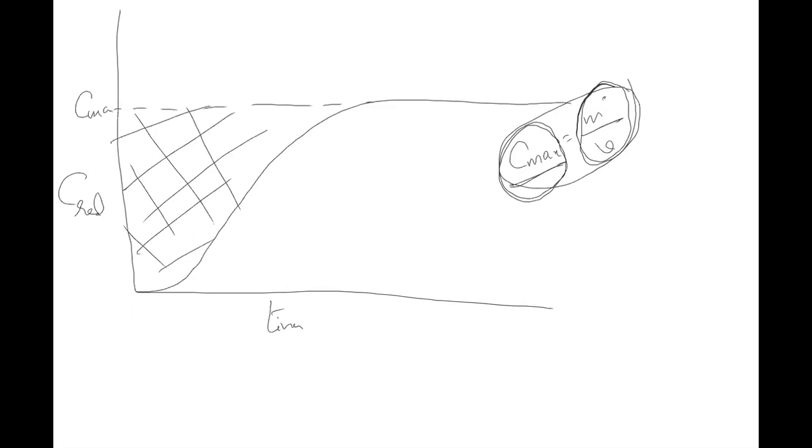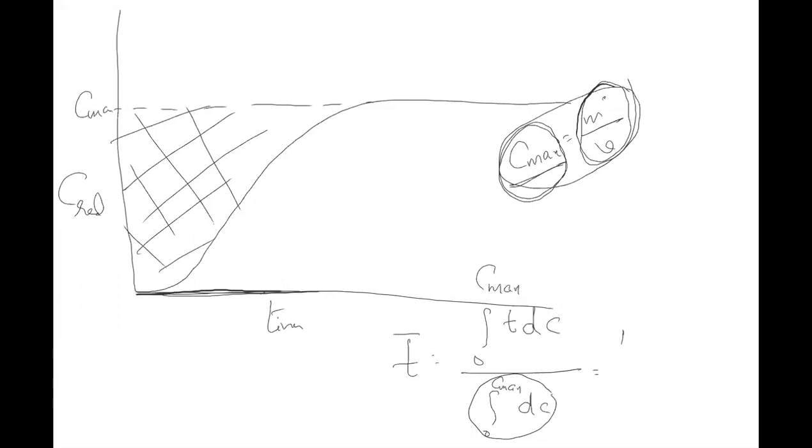Now how do you calculate T bar here? For T bar, there is no concept of average areas, because the variable for which you are calculating the average is on the x-axis, but your mass is located on the concentration side. So how do you do it? Integral from 0 to Cmax of T dC divided by integral from 0 to Cmax of dC. You are writing the concentration integral because your mass is located on the y-axis. What is this? It is 1 by Cmax, integral from 0 to Cmax of T dC. So this is your T bar.